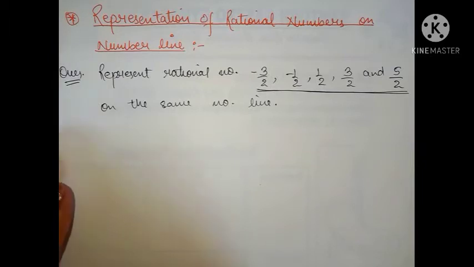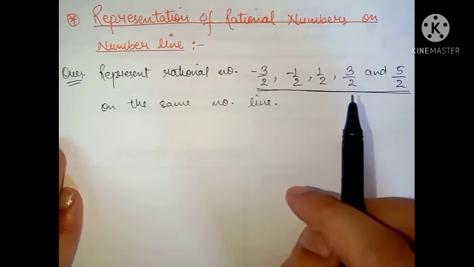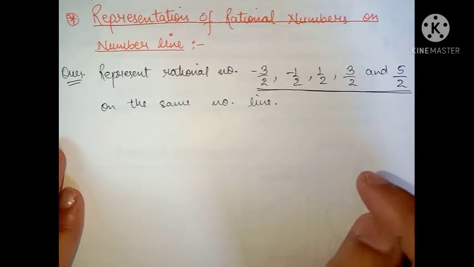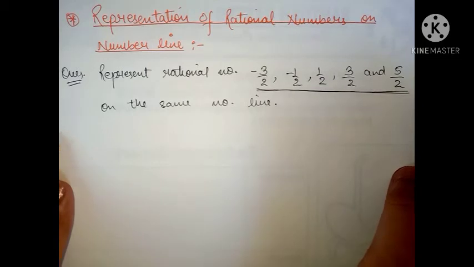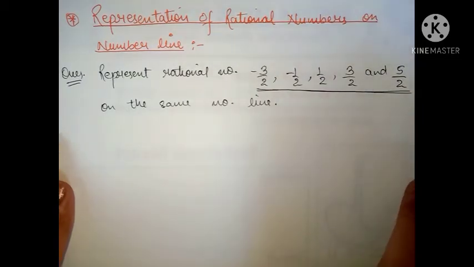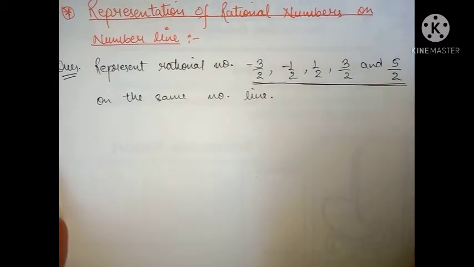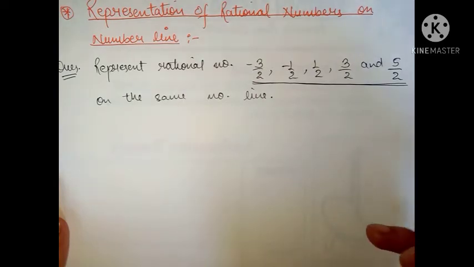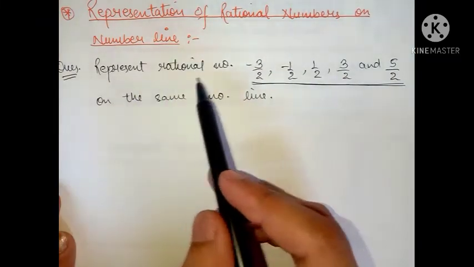Now there comes a very important topic, which is the representation of rational numbers on the number line. I would suggest you go through it very properly and very sincerely, because this topic is going to be in your syllabus in your next standard, which is the 8th standard, as well. So go through it. If you're not understanding the things, rewind the video and watch it properly again. Try to understand with me as I'm explaining in the present time. I shall be explaining this topic to you with the help of an example so that you can understand without any confusion.